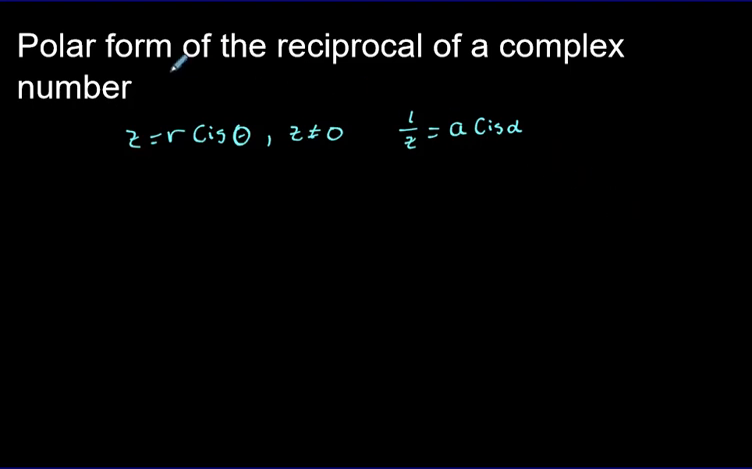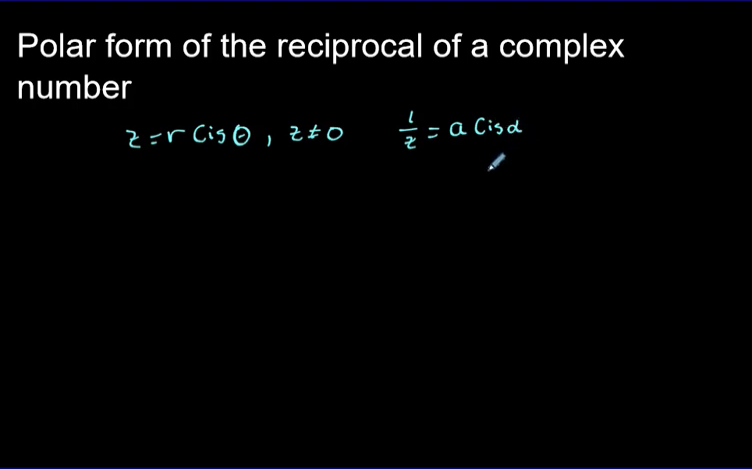Hello, we're going to talk about polar form of the reciprocal of a complex number. So let's assume that we have some complex number z equal to r cis theta, where the complex number is not equal to 0. And then we have its reciprocal, 1 over z, equal to a times the cis of some